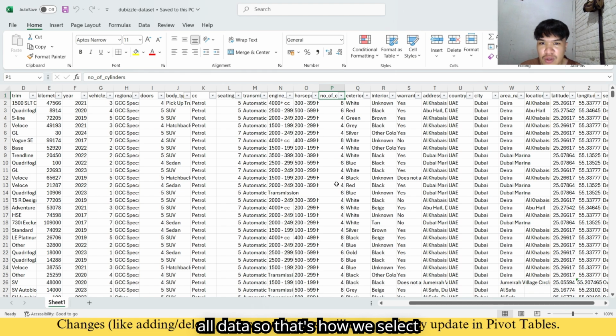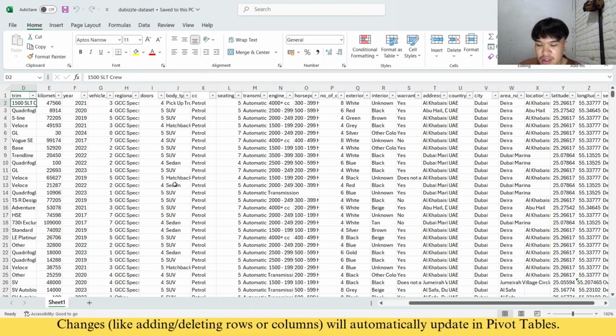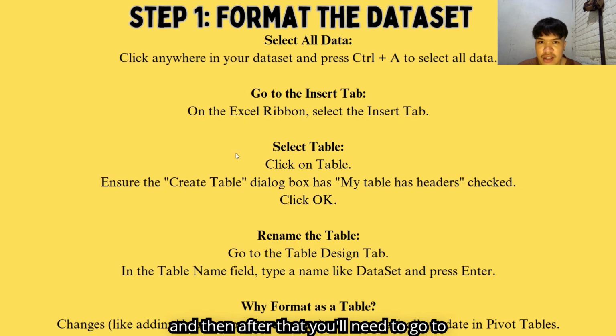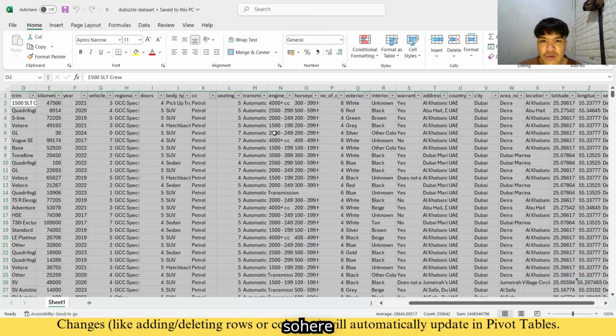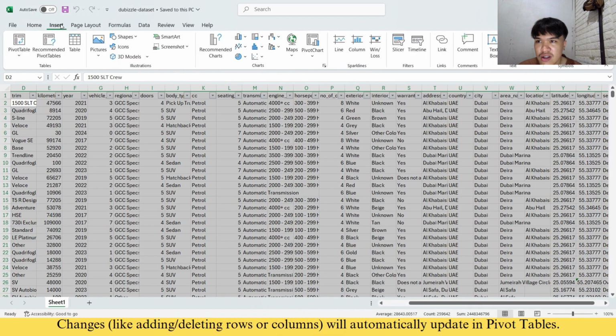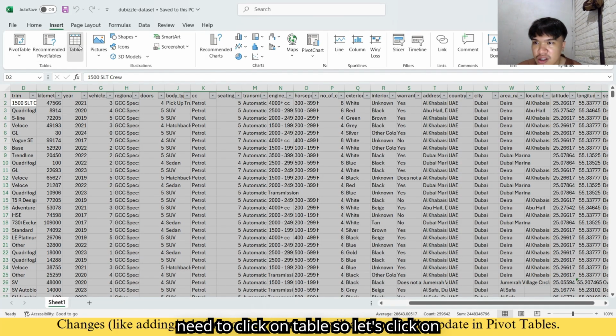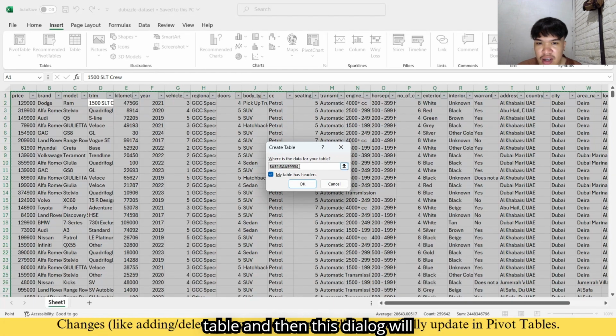That's how we select all data in this sheet. After that, we will go to the Insert tab, which is located on the Excel ribbon. Here, Insert, and then we will need to click on Table. Let's click on Table, and then this dialog will show up.